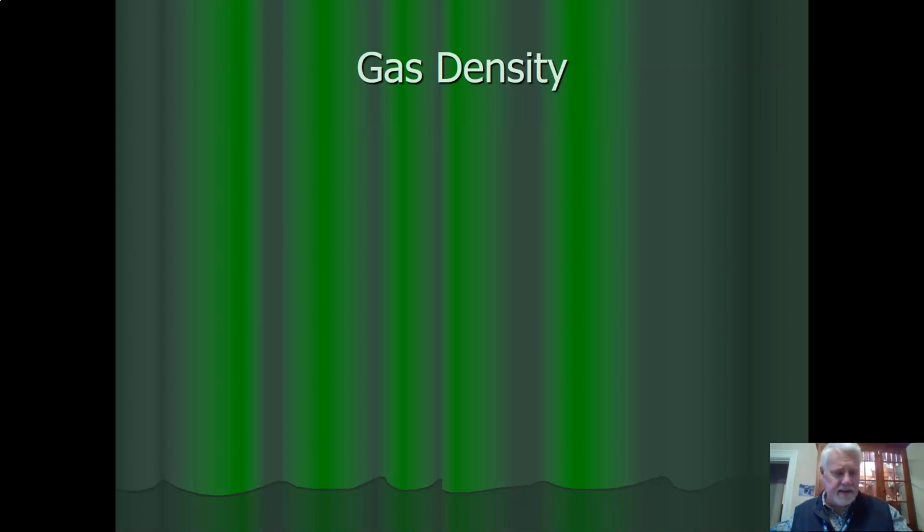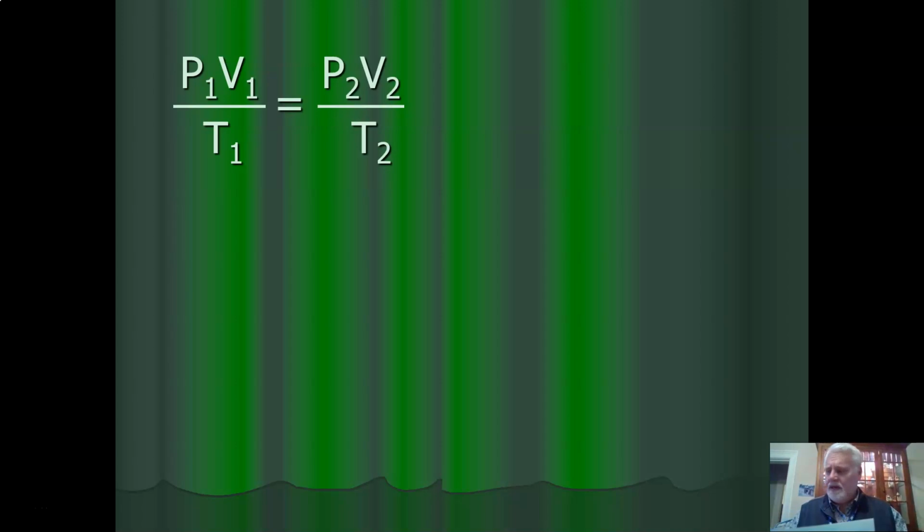problems. All right, so let's take a look at how we can take our combined gas law and do a derivation. We're going to do some algebraic manipulation, those 2 big words, and throw derivation into that. It'll sound intimidating, but basically all we're going to do is change some things around and make this combined gas law formula into something that's kind of doable for the density of a gas. So